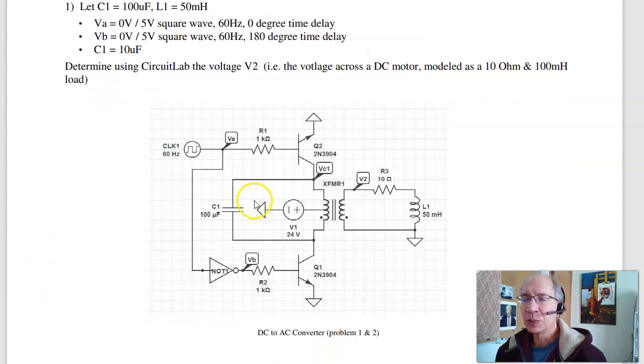This is one version of it, and the idea is I have a transformer with a center tap, tie the center tap to 24 volts. If I take a transistor on the top side and ground it, current flows up. Tie the bottom side transistor to ground, current goes down. So if I chop this, alternating Q2, Q1, Q2, Q1, what the current's going to look like